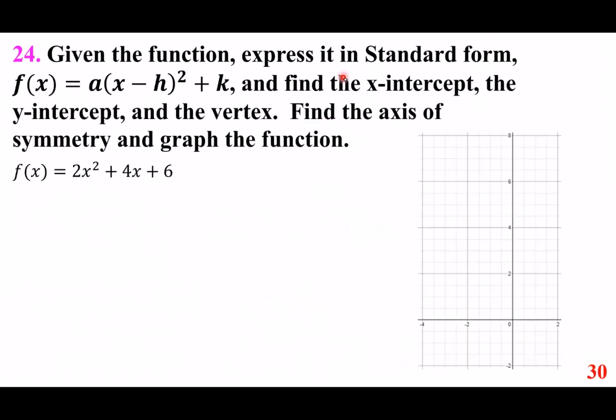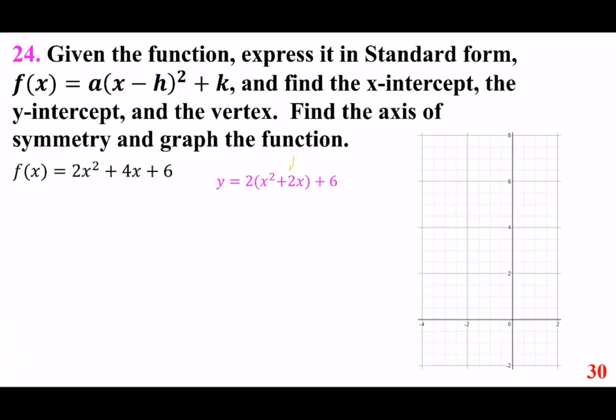Given the function, express it in standard form, A times x minus h quantity squared plus k, and find the x-intercept, the y-intercept, the vertex, and the axis of symmetry, and graph it. So for this one, first, let's put these two together, and we're going to factor out the 2. By the way, this is the standard form we have learned in intermediate algebra, 2 times x squared plus 2x, and we put the 6 to the side. Now, we want to complete the square,